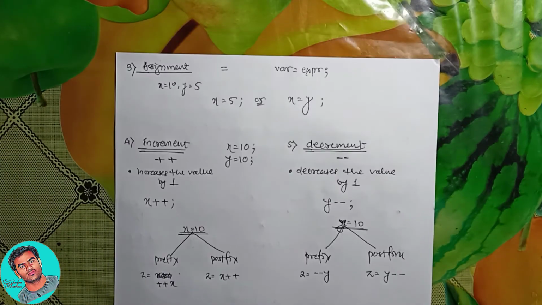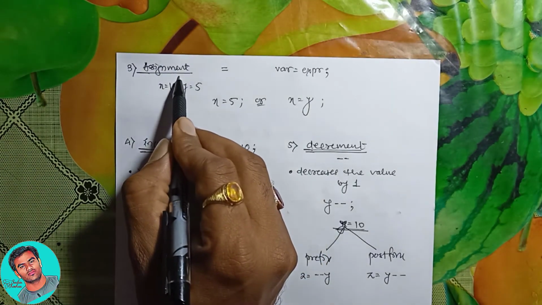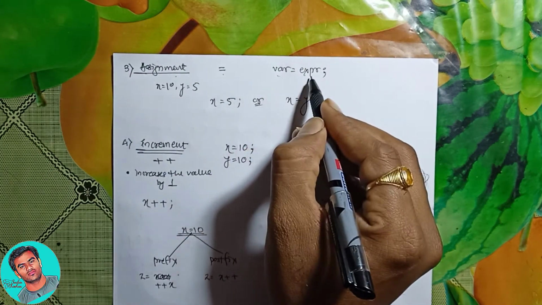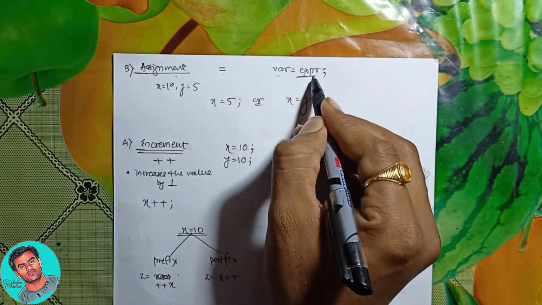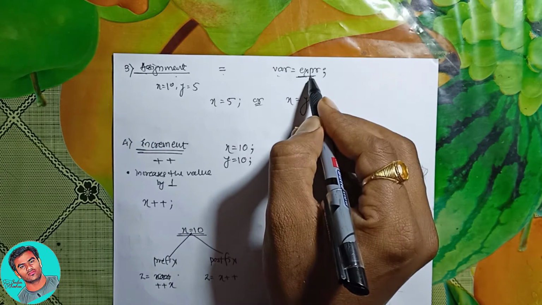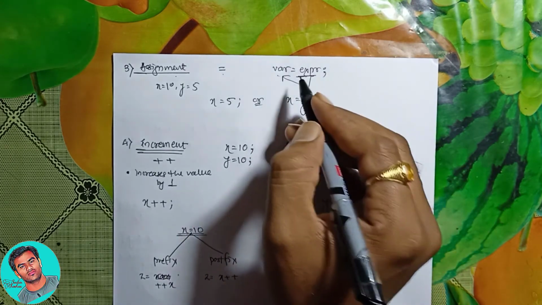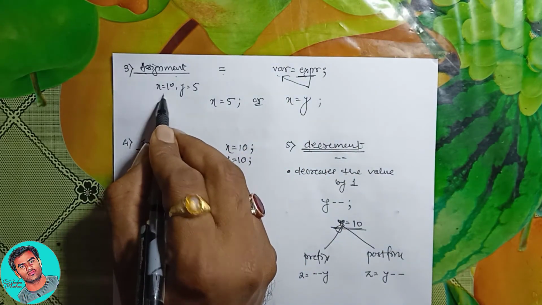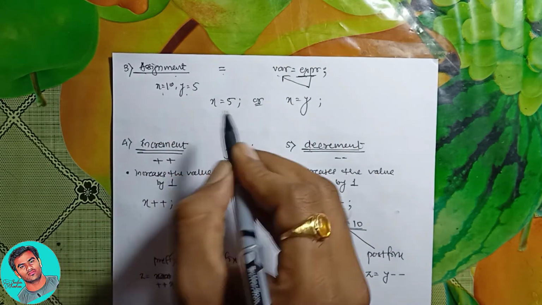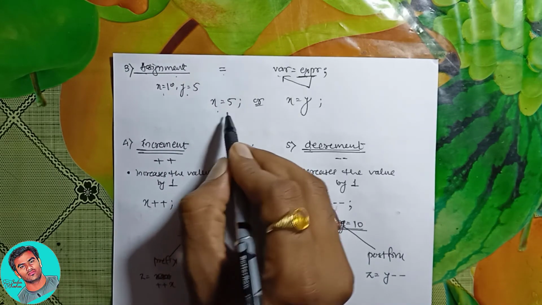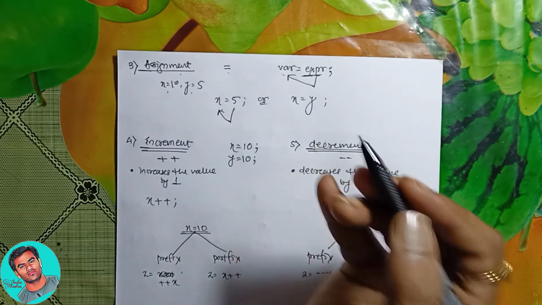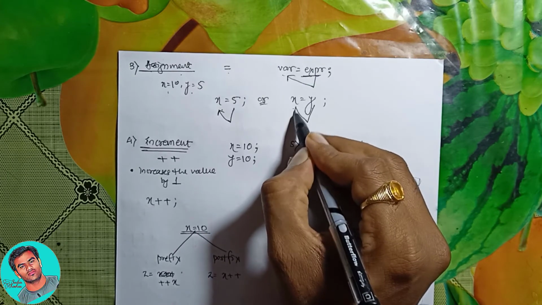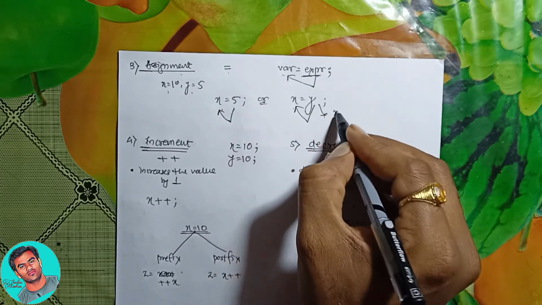Now the next one is the assignment operator, that is equal to, and the syntax for this is variable equals to expression. So the value of this expression, or any right hand side statement, is going to be given to the variable on the left hand side, okay. For example, x equals to 10 or y equals to 5, and x equals to 5, if I wrote like this, so 5 is now the value of x. Or if I wrote like this, x equals to y, so the value of y is the value of x now, so the value of x is 5.